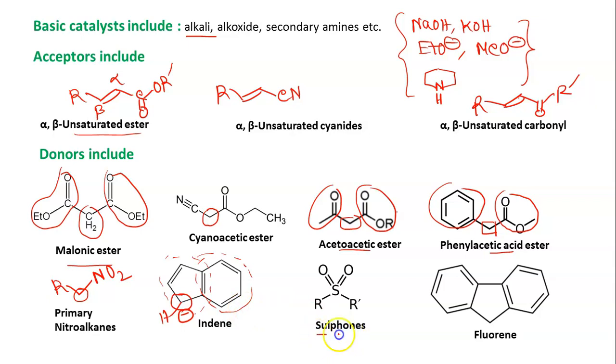And then we can have sulfones, and the active methylene group, though it is not visible here, may actually be present in R or R prime. So here SO2 is the electron withdrawing group. Next we have fluorene, for the same reason that we have seen in case of indene. When there will be negative charge generation, this ring will be aromatic when this double bond is shifted here. So there will be 2 double bonds and a carbanion, so a total of 6 electrons. That is why fluorene, after removal of a proton, will give a stable carbanion. So these are some of the examples of donors.